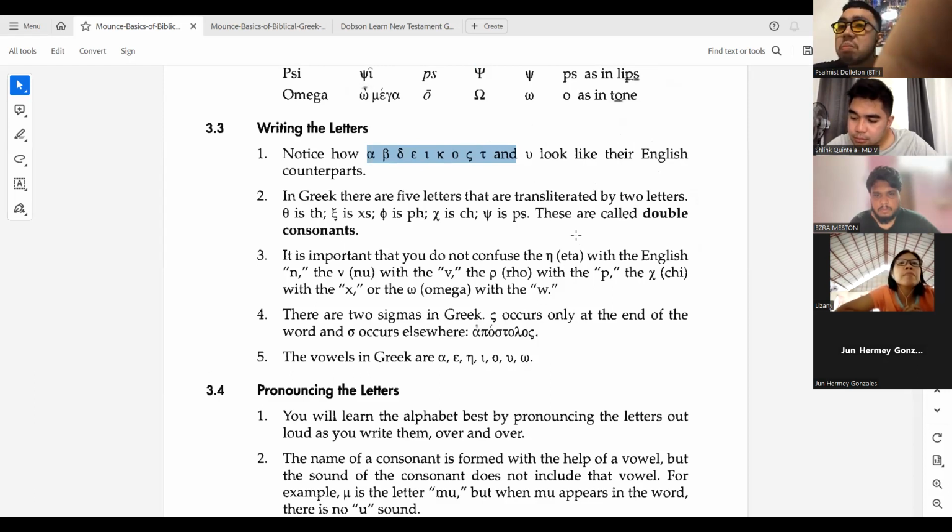And then there are double consonants. This is just a term. This is the theta, from, of course, the first letter of the word theos, which is God, and then the xi. This one, PH, is of course the pi, which is softened, so it becomes phi. The pi is softened. And what we see here again is the chi, and then the psi, from the letter